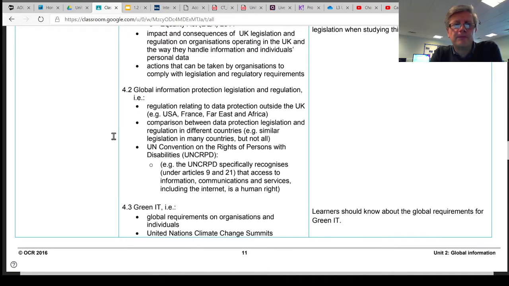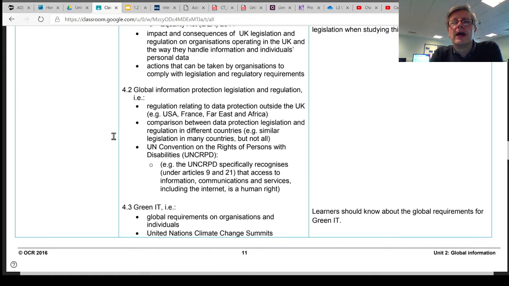It becomes a problem if we want to do something with our data and we're now dealing with countries that are outside of these European countries because, well, their laws may not exist, or they may have laws that exist but aren't as stringent as our laws,